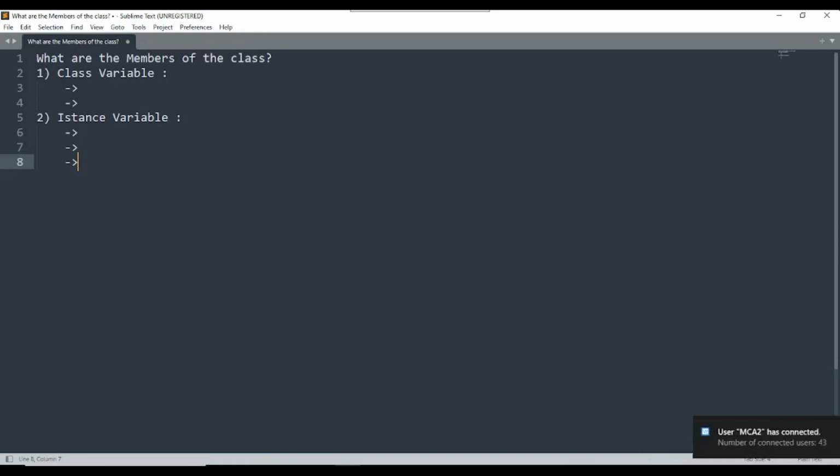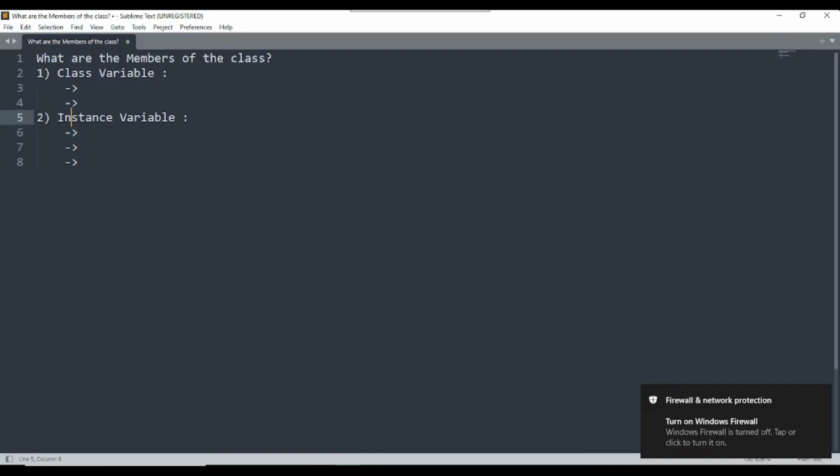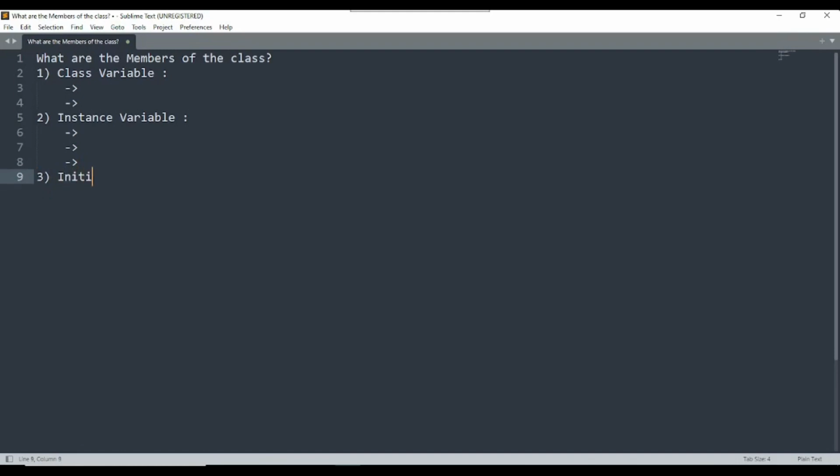Every object has its own instance variables, depending on the class members. If the class has 3 data members, it means the class has 3 instance variables, that is, 3 non-static variables. So these non-static variables will be available for every object.